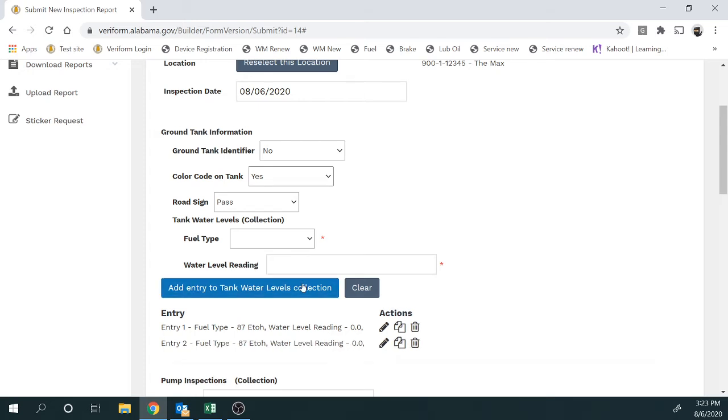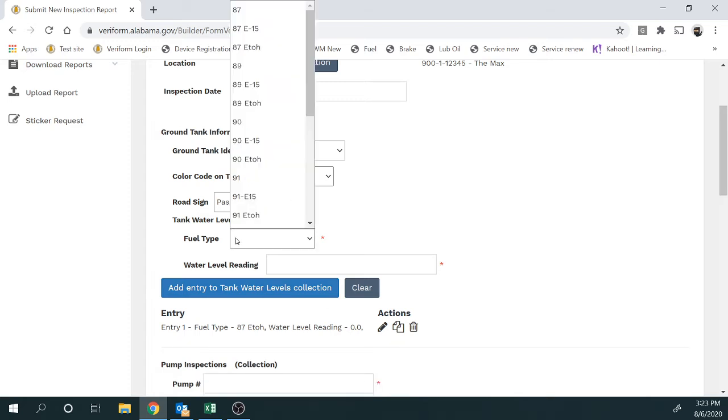Well, let's say I didn't want two of them in here. I could just click the little trash can here, and it will remove the entry. Okay, so now we have one more tank to check, so we'll add that. See, I added the empty one, didn't mean to do it, so we'll come over here, delete it, and then